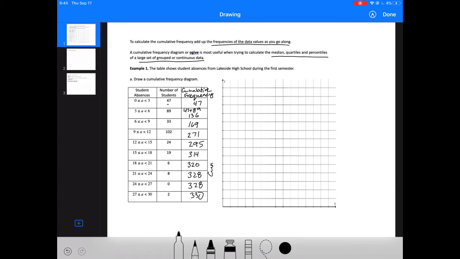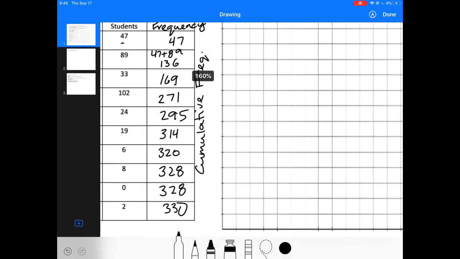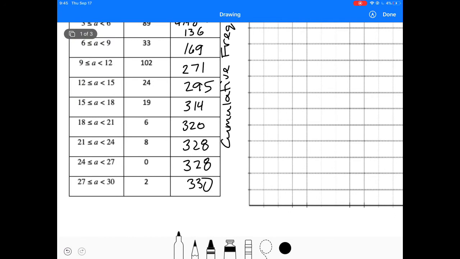So this is our cumulative frequency. And we're going to go up by 25s. So 25, 50, 75, 100,